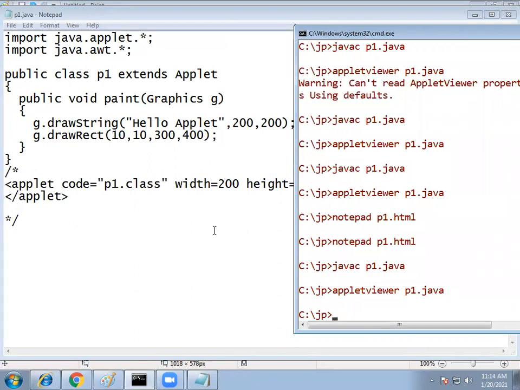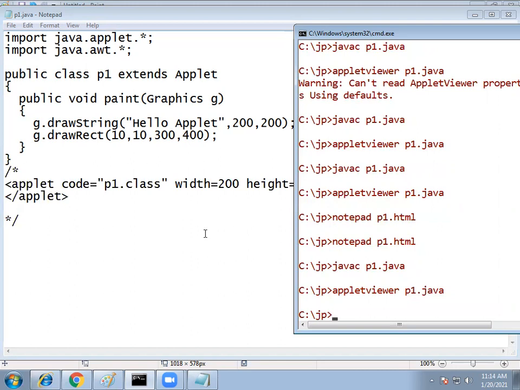So sometimes you can also set the background colors. Using the init method, we can set the background colors also. That part we'll discuss shortly.